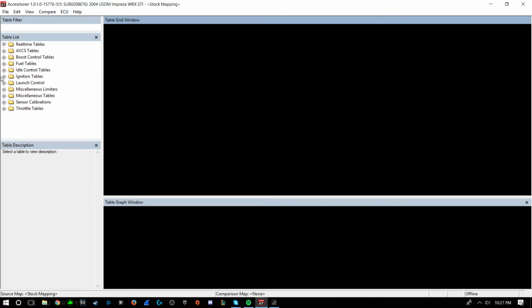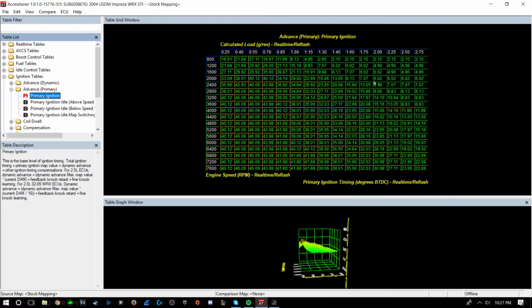So you're going to go to your ignition table. By the way, this is on Access Tuner. You do have to get licensed, but I saw that there wasn't many videos, so I wanted to show you guys. So you're going to go to the ignition tables, and you're going to go to your advanced primary, and obviously open that up. You got primary ignition, and this is your ignition table. This is your grams, your calculated load, and your RPM on the left. Y-axis RPM, x-axis your calculated load,